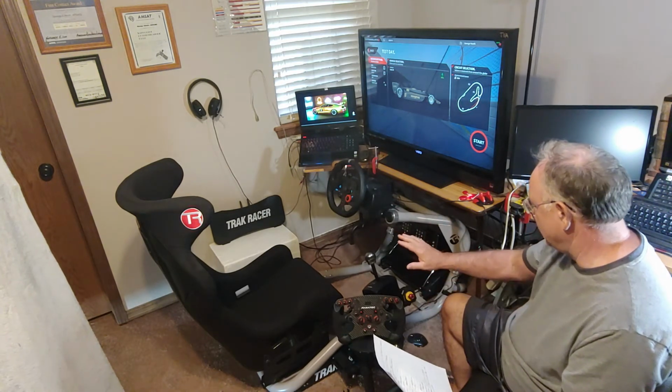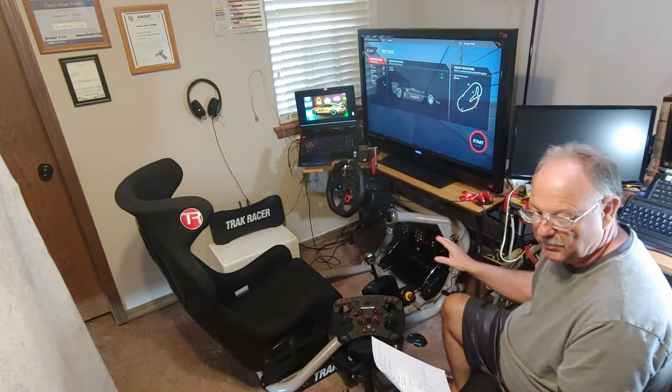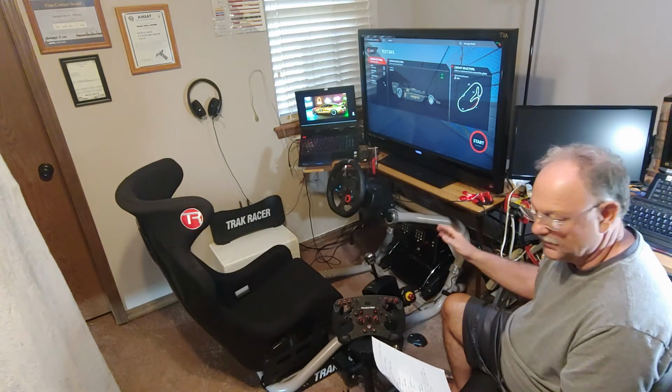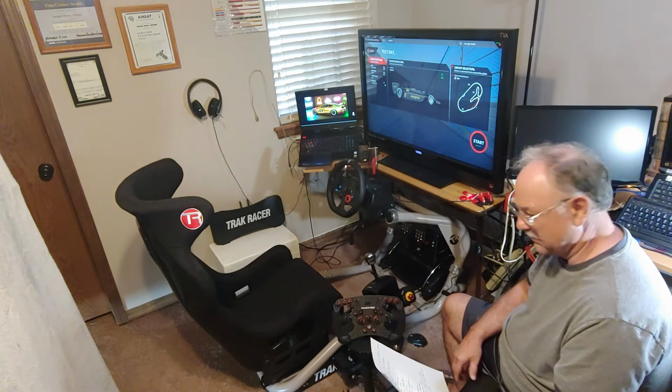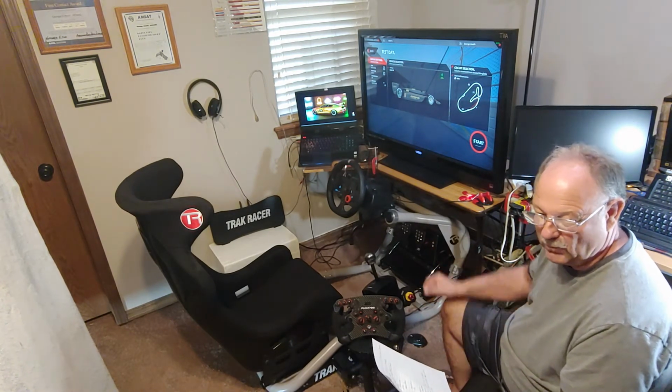The TR8 cockpit, I only had one issue. It was so simple to put together, and I enjoyed it. I assembled it outside on a nice sunny cool day, on my big table out there, and it was easy to put together. I only had one issue with it. One of the bolts